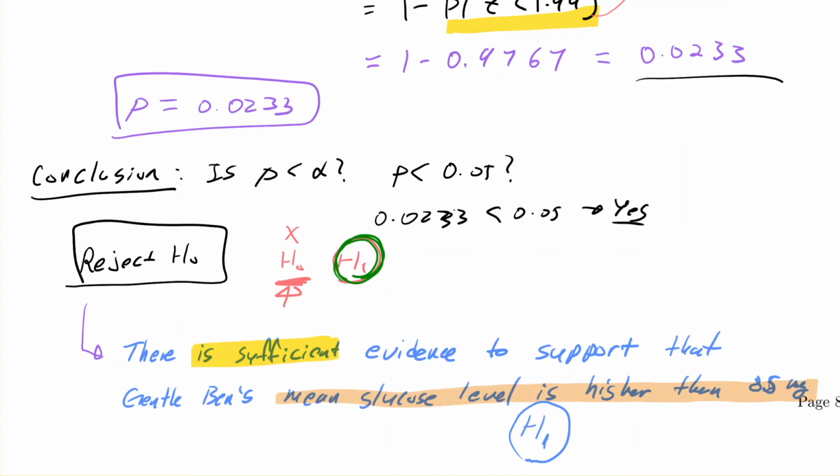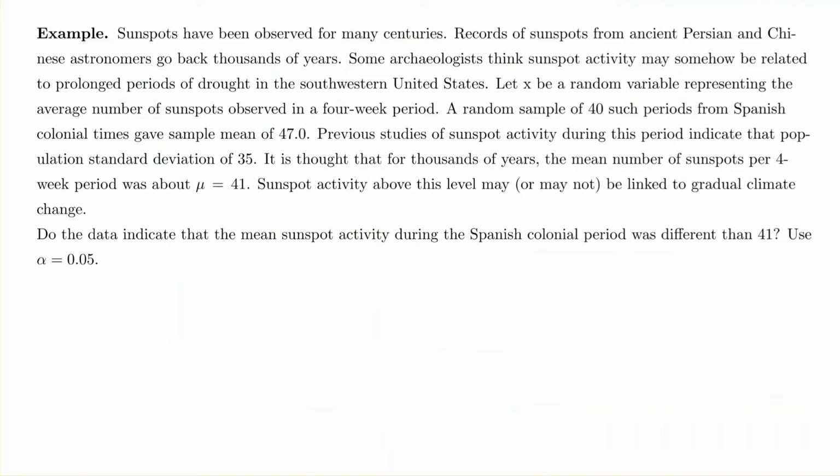Okay. Let's look at another example. Sunspots have been observed for many centuries. Records of sunspots from ancient Persia and Chinese astronomers go back thousands of years. Some archaeologists think sunspot activity may somehow be related to prolonged periods of drought in the southwestern United States. Let X be a random variable representing average number. So we're dealing with the mean. Okay, this is important to recognize. We're doing mean observed for a 4-week period. A random sample of 40, this is n equals 40 then,